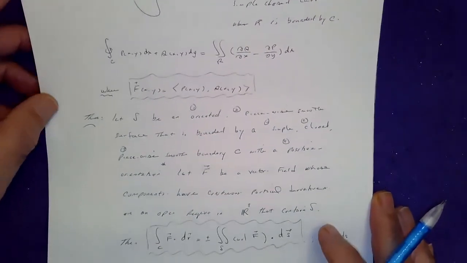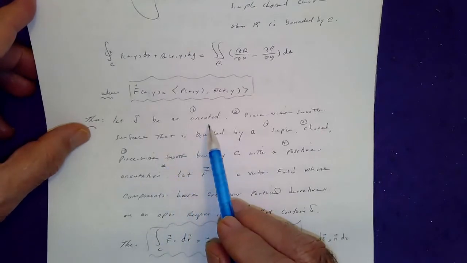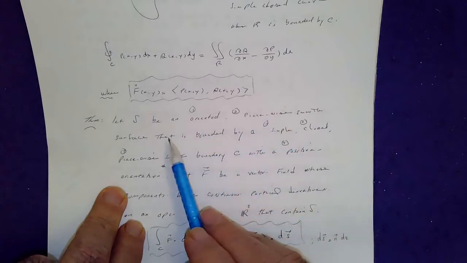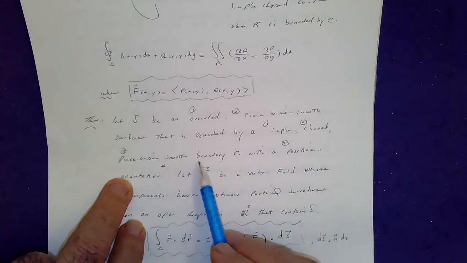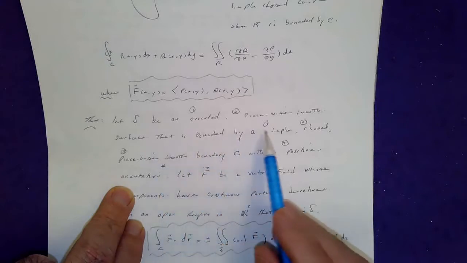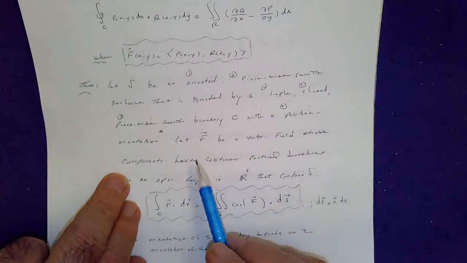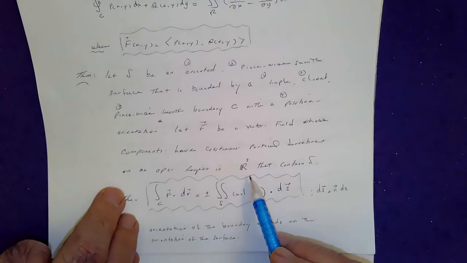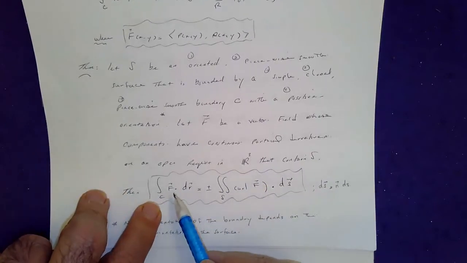So the theorem goes as follows. This is Stokes' theorem. Let S be an oriented, so that means the normal doesn't change its direction, piecewise smooth surface that's bounded by a simple closed piecewise smooth boundary C with a positive orientation. Notice all these conditions must be satisfied. Let F be a vector field whose components have continuous partial derivatives on an open region in R3 that contains S. Then the line integral